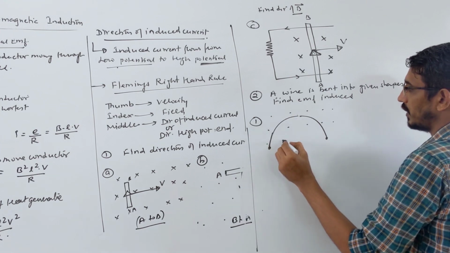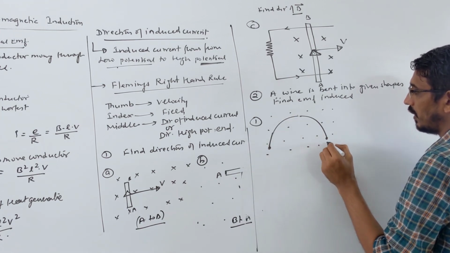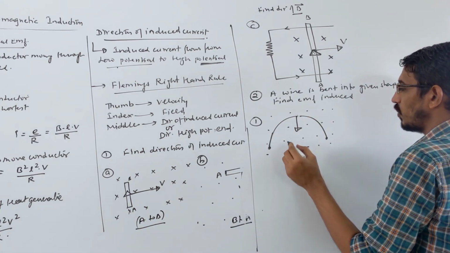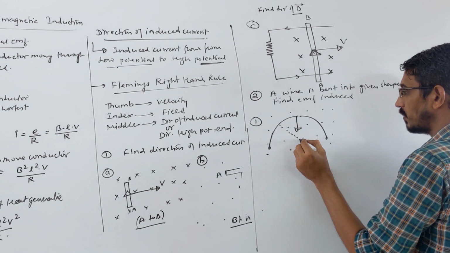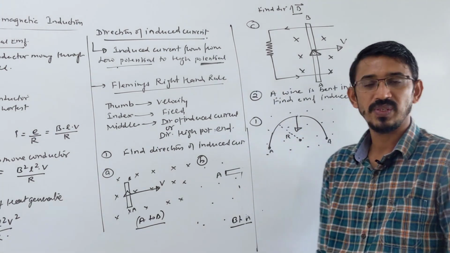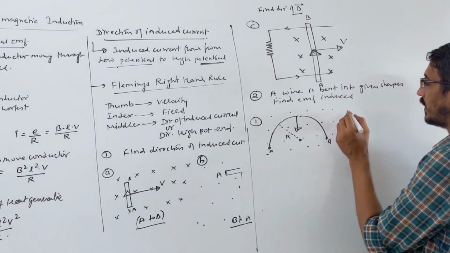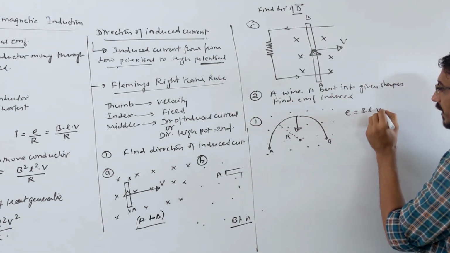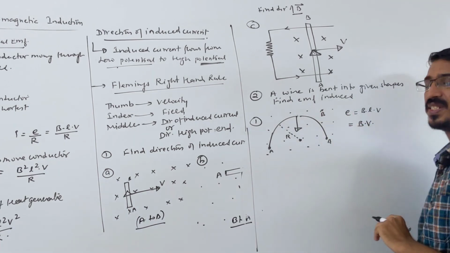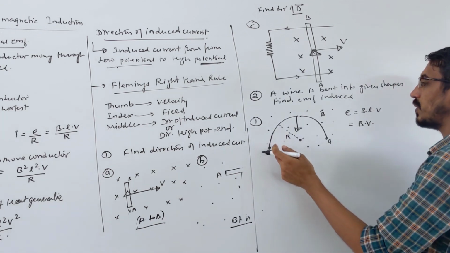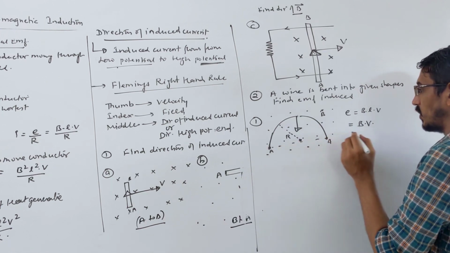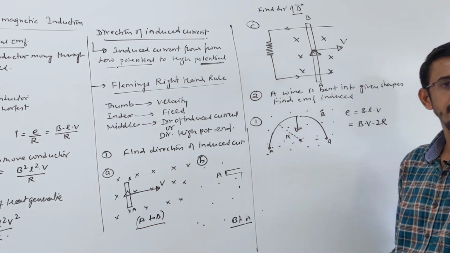I should not show direction of current here, okay, and this loop is moving suppose downward somewhere. The radius of this loop is given to you, R. This is A, this is B. Suppose they ask you what is the EMF induced here, then how will you answer? You said EMF induced will be BLV. Magnetic field is given, some velocity is also given. What is the length now? That's important. Length means not pi r. Length means the shortest length between this end and that end, right? So that is R and R, so that is 2R. This much only, okay?